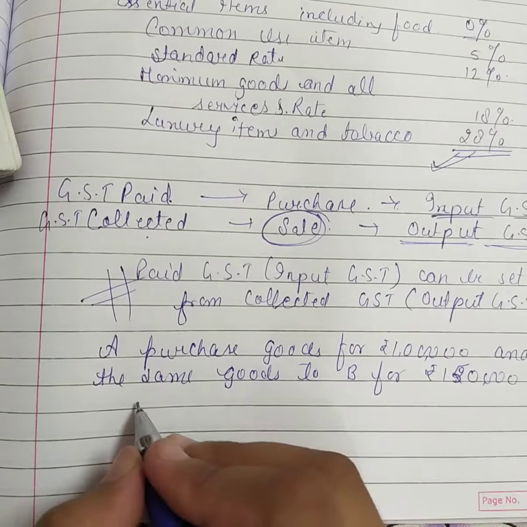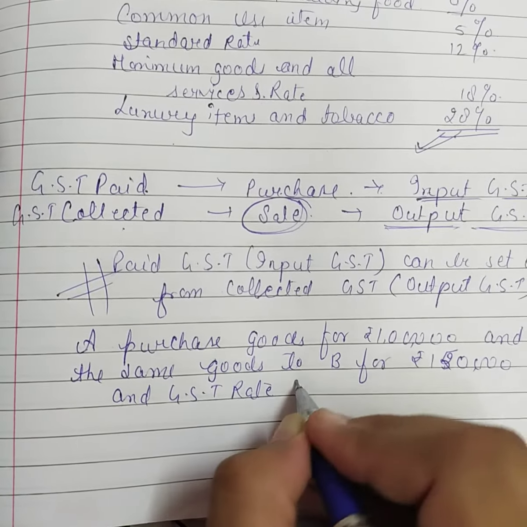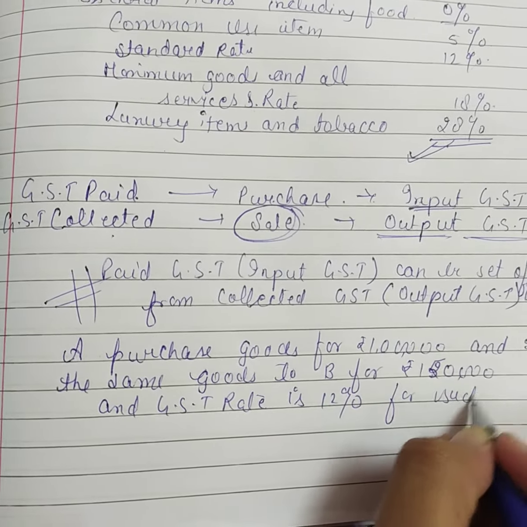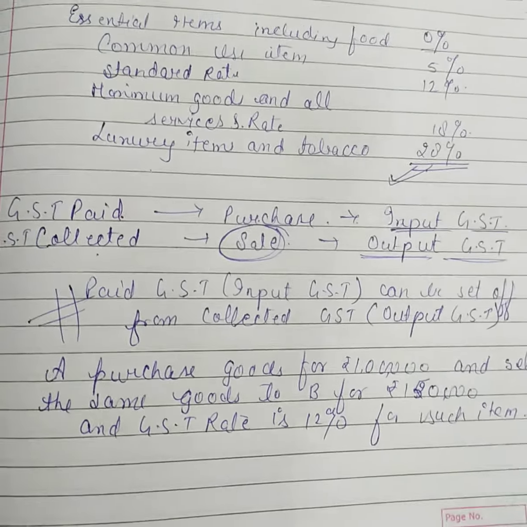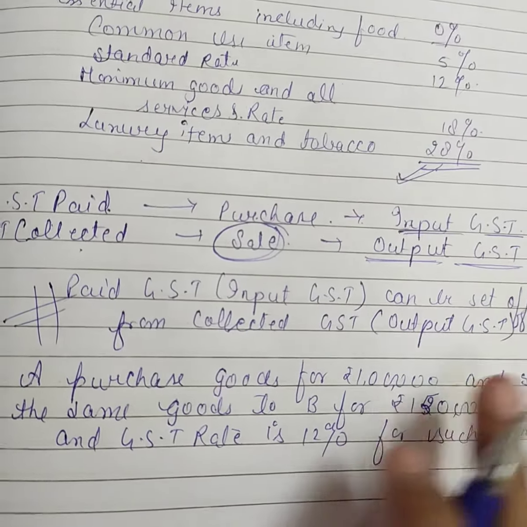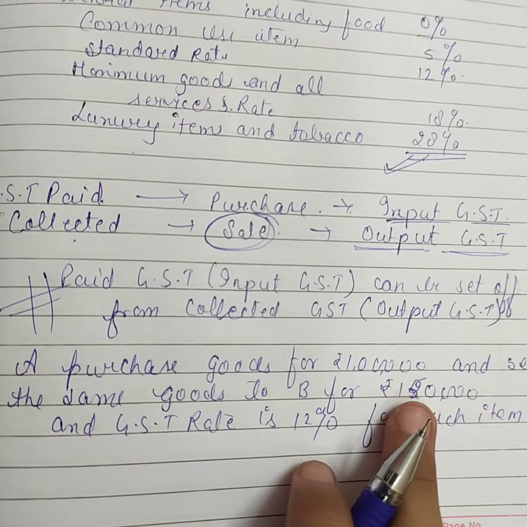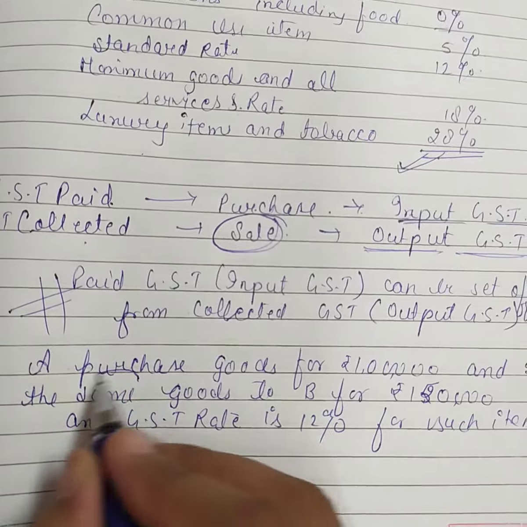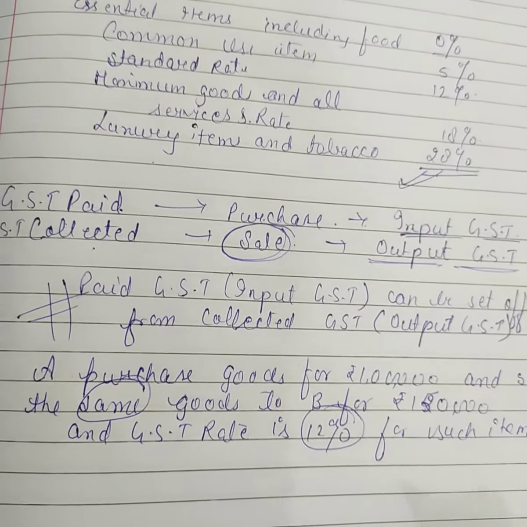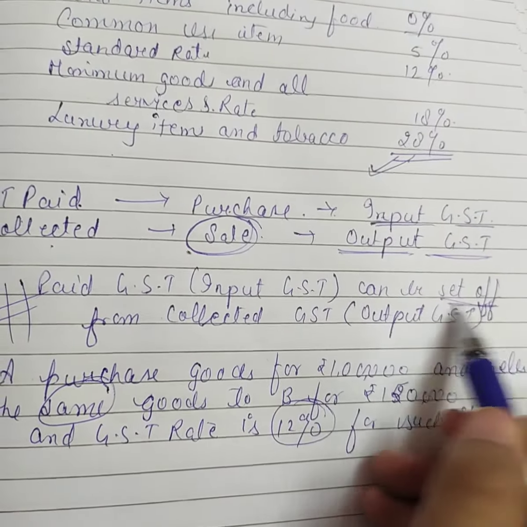Okay, and the GST rate is 12% for such an item. So here A is purchasing the goods for rupees 1 lakh and sells those goods to B for rupees 1,50,000, and because it is the same goods, our tax rate is also the same. Now we should know how the set off can be done. Okay,